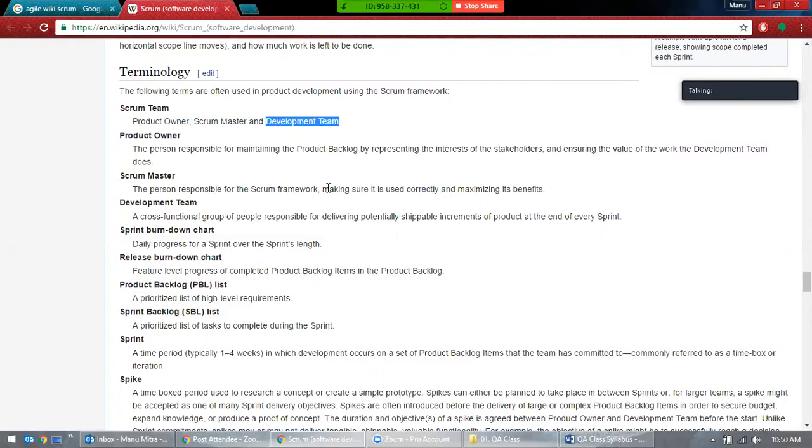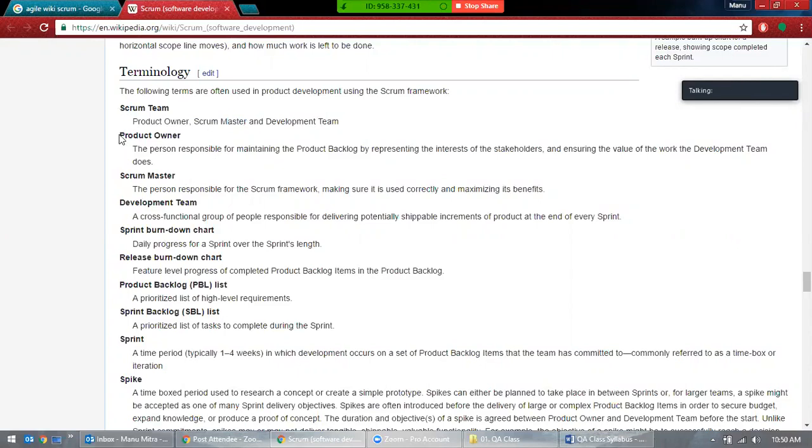So we have pretty much all kinds of development team. Here we call the business analyst the product owner, and the project manager the Scrum master, in agile specifically. We don't call it that anywhere else.